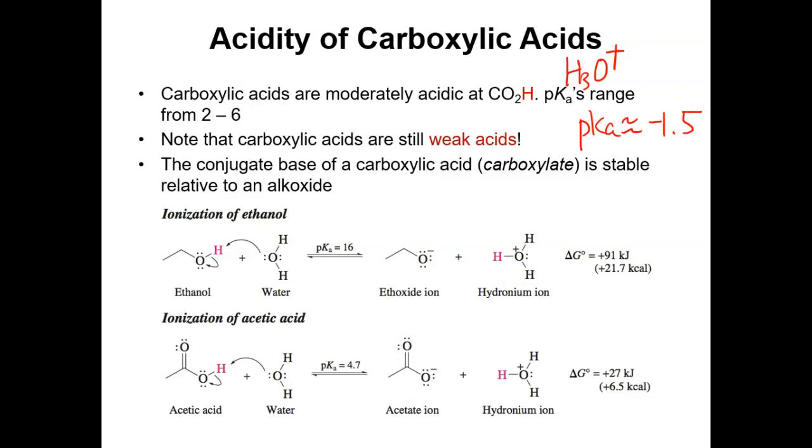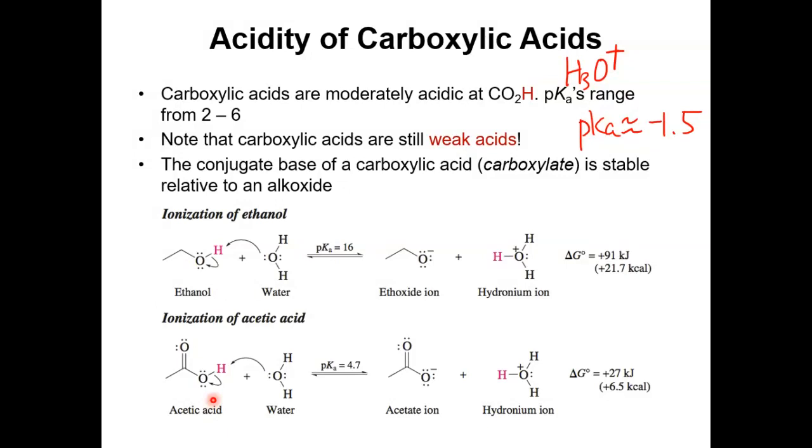Why are carboxylic acids so much more acidic than alcohols? That's probably the class of organic compounds with a structure closest to the carboxylic acid. Why carboxylic acid is so much more acidic than alcohols can be best explained if we look at their ionization